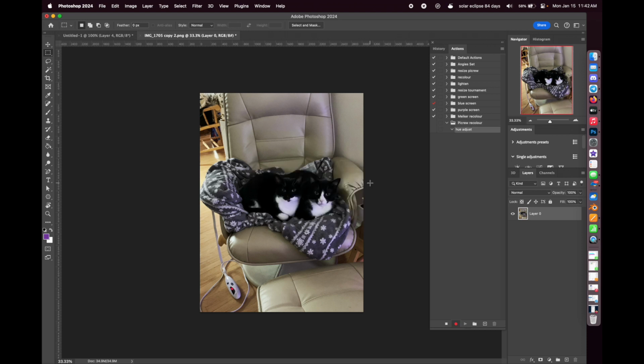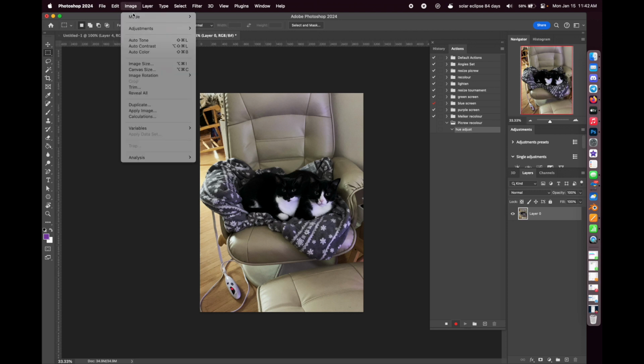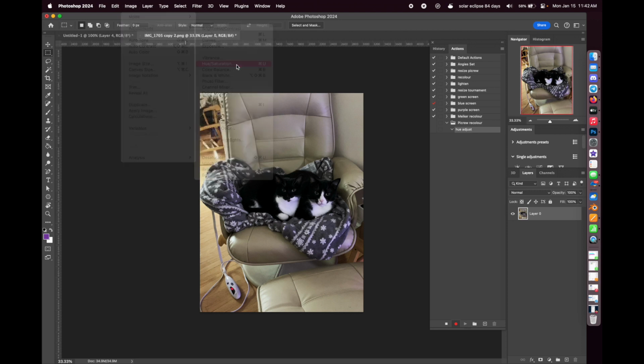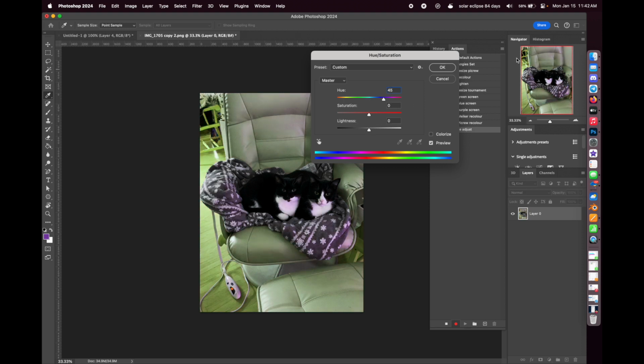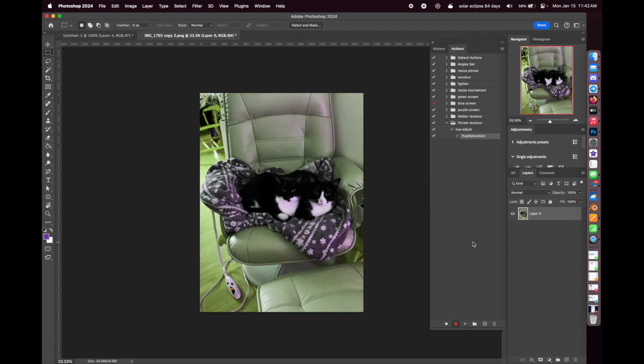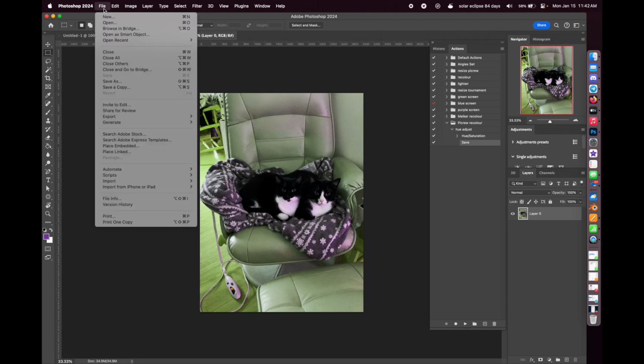Hit record. And so this part's going to be a lot simpler than last time. I just go image, adjustments, hue/saturation, 45, hit OK. And then you're going to go file, save. And then you're going to stop recording. And so this is where it gets different. And now you're going to go file,